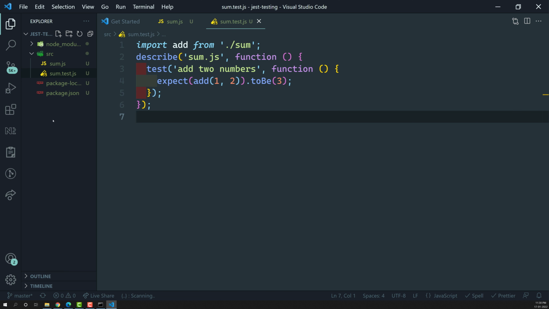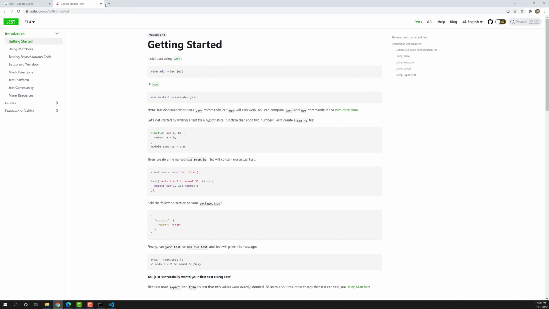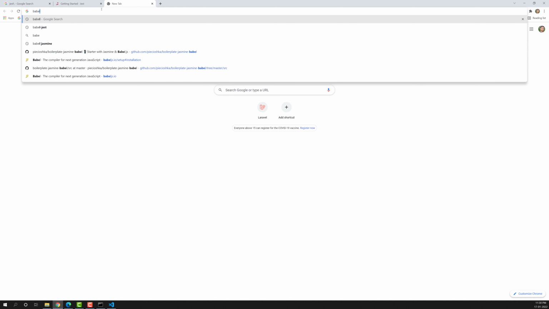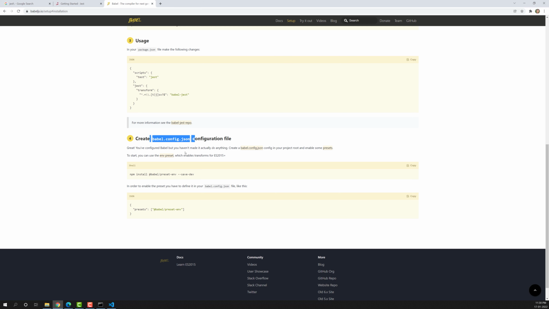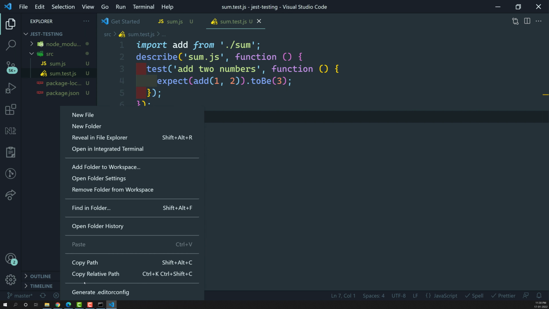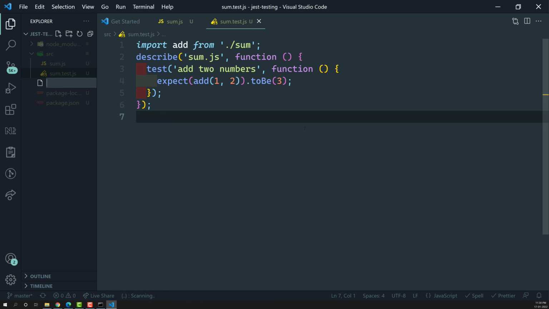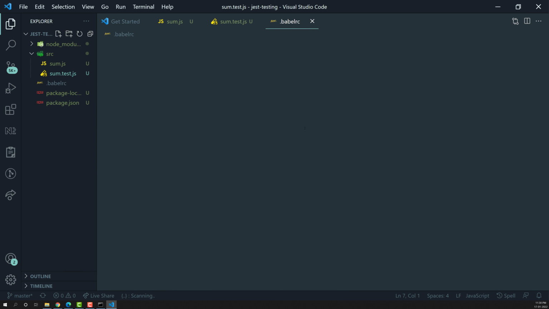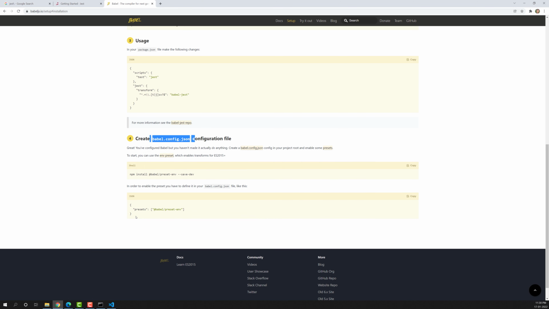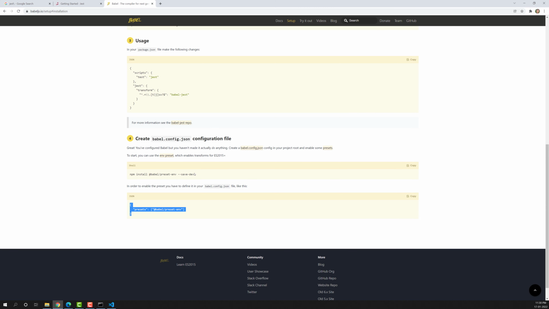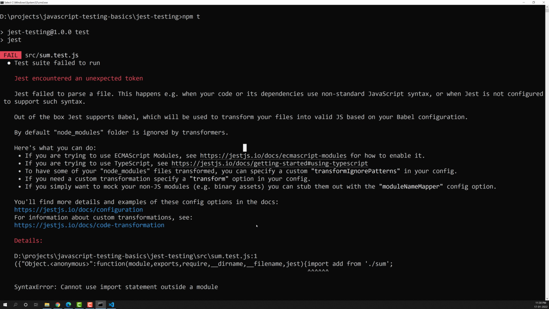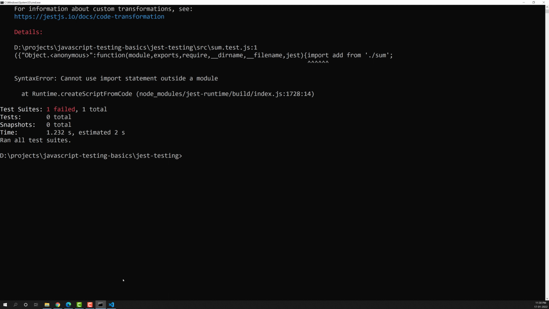So instead of having webpack and all those things, let's go here and type Babel. Here if you look at jest, we need to create a Babel RC file so that jest will be able to read it. So here I am creating a dot babelrc file, and in this one this is the preset. Let's paste the preset, and I need to install this preset also.